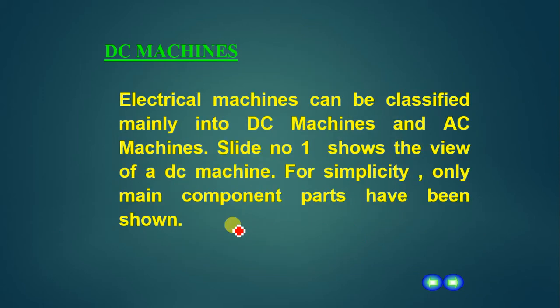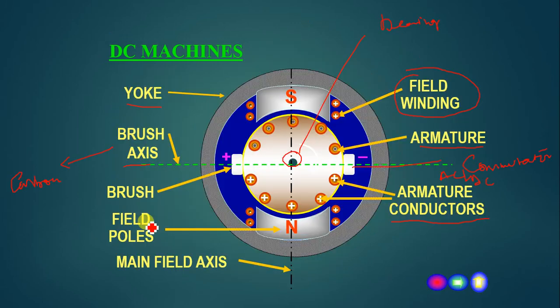Look at this. Electrical machines can be classified into DC machines and AC machines, but in this chapter we will be discussing only DC machines. The DC machine construction is shown here. It has a yoke, field coils or field windings, armature windings, brushes, commutators, and a final assembly for the shaft to hold the whole armature. There will be a minute gap between the field and armature coils. In this gap only, your magnetic lines of force will travel.